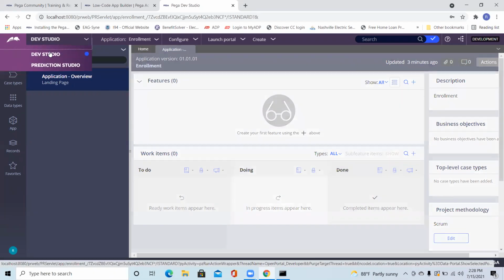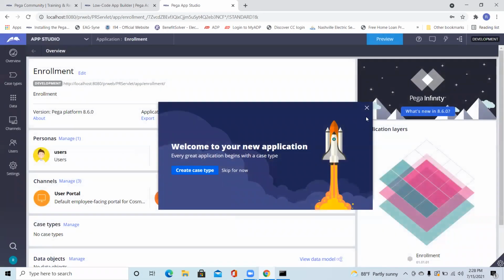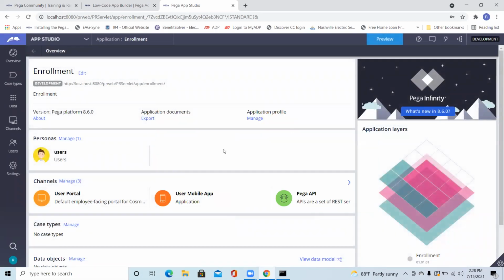We'll go to App Studio now. App Studio is what we call the author at Pega PRPC, but it is generally for business analysts or anyone who has very little knowledge.